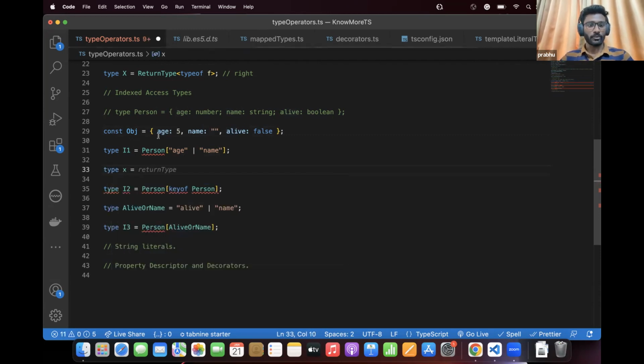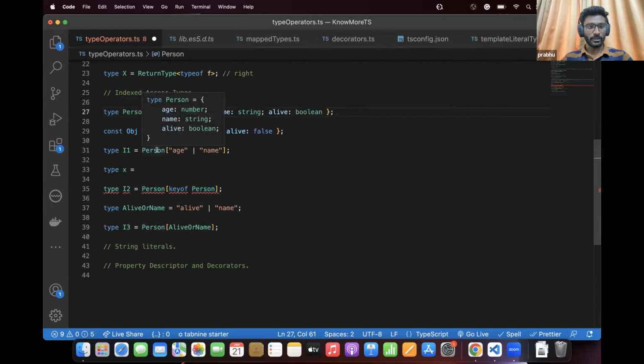So in this case, how do you do it? We don't have this person interface. If you had this directly as a type, you're dealing with a type. You can directly use this index operator like this. If you see, person is already a type, and if you index age or name, you can get this. But right now,